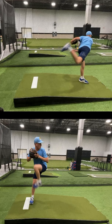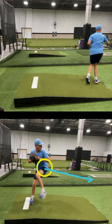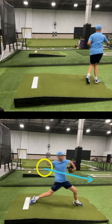Let me actually clear all this and do this. We want to bring the butt to home plate here. As you can see, sorry about that. We're starting to, but then we don't. We don't really bring it to home plate. So we need to ride those hips out longer, because also another thing is